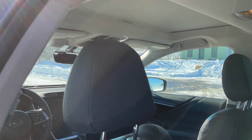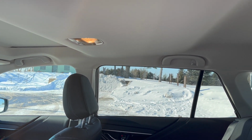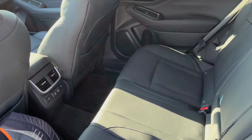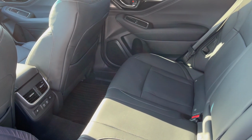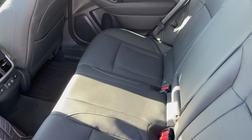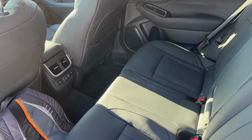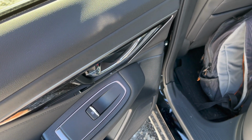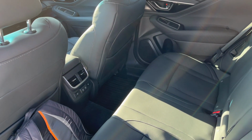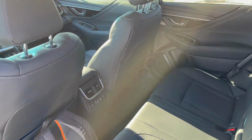It has LED dome lights in the front row, but halogen, or incandescent, I should say, dome lights in the back. This car doesn't have any ambient lighting, but you can get LED ambient lighting as an accessory that's dealer installed, but we didn't think it was worth it on this car. But we got black on black. Doesn't come with the option of tan interior or brown interior that the Touring has, but it does have auto up and down windows for all 4 windows, which is nice. That used to be a Touring specific thing on the previous generation, so Limiteds and above have that now, which is really great. Same 2.5 liter